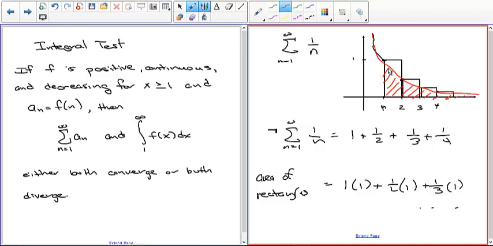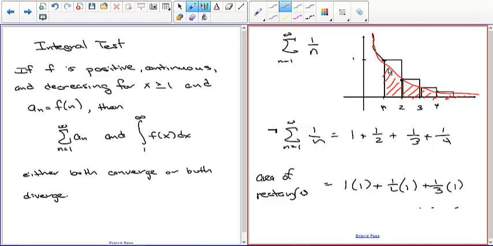And you might say, well, it looks like the area under the red curve is less than the area under the rectangles, and that's true, but there's two things. One is if the red curve converges, then definitely the area underneath, no, that's not necessarily true. So I can't use that argument. But I can use the argument that the reason the function converges, the integral of the function, so what function